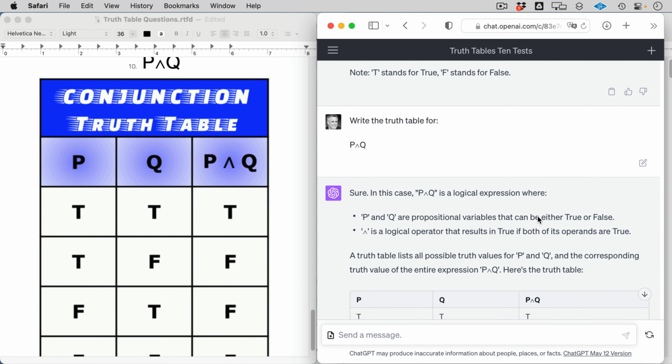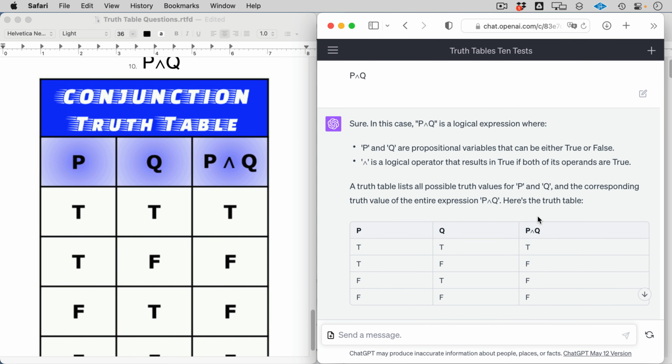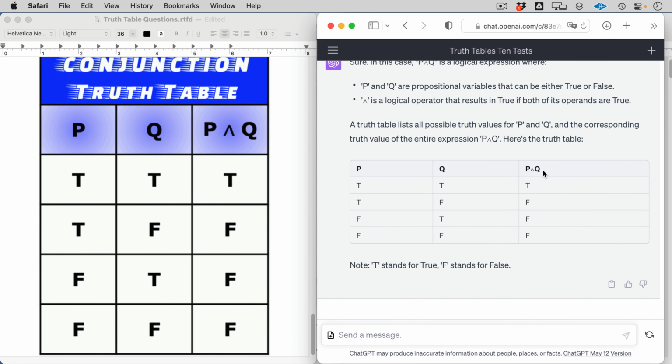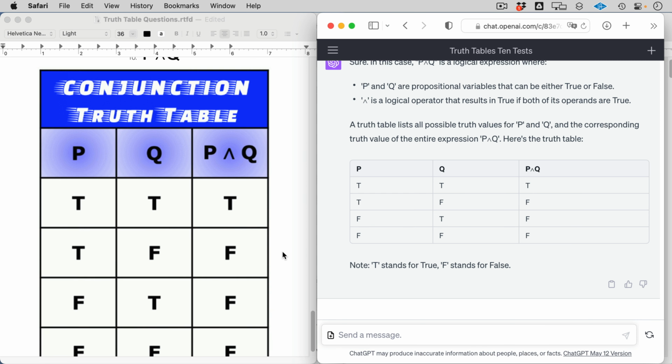Let's try one last one, a conjunction truth table. So in this case, you see that we've got P and Q, and the logical operator there is true if both operands are true. So if both P and Q are true, then that's true. So the truth table that we get back, again, is 3 columns. This is really the most complex of the ones that we've done. So we see truth, truth, false, false along the side under P. Then we see truth, false, truth, false under Q. And then finally, we really get our answer to this truth table, which is truth, false, false, false. We see that that one was accurate.